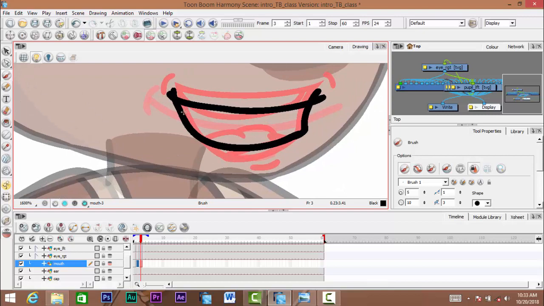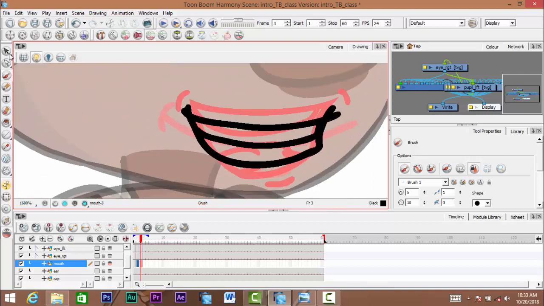Okay, so this one is a closed, clenched teeth, rather, if you want to call it that way. So this one is going to be a clenched teeth. I can also use